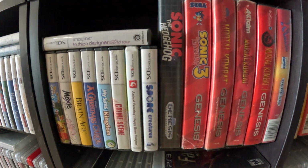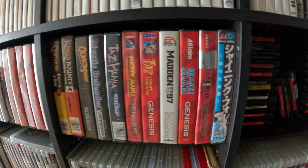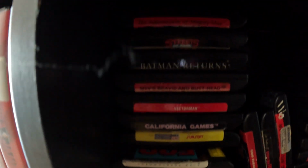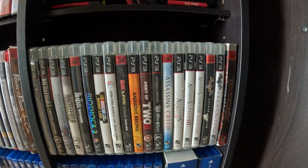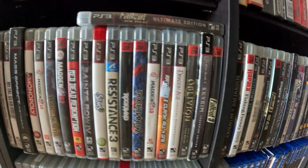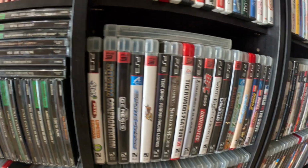As we get to our Sega section, it just brings back a ton of memories I had as a kid growing up. It was one of the first consoles we got, and we just loaded up on games, and it was a bunch of cheapy games that I know my stepfather got, but so many memories of just playing with my brother and trying to beat all the games, and especially King's Bounty. It was the one game that we just played over and over, trying to figure out how to